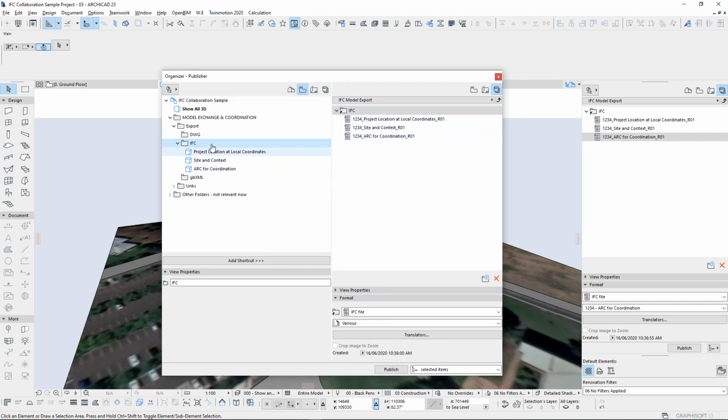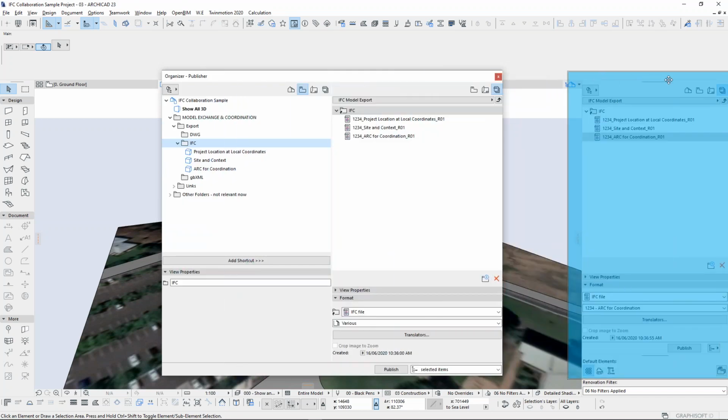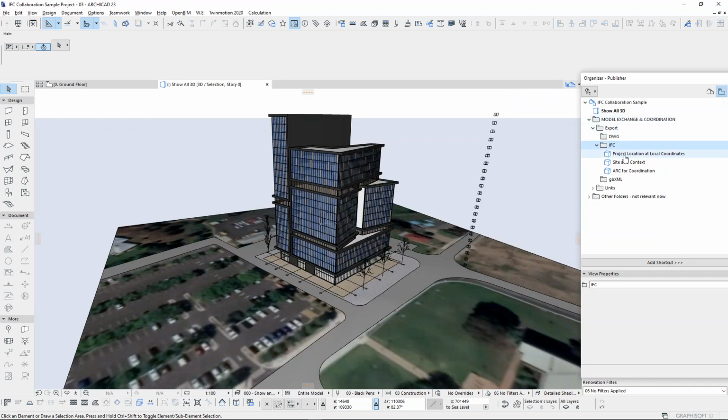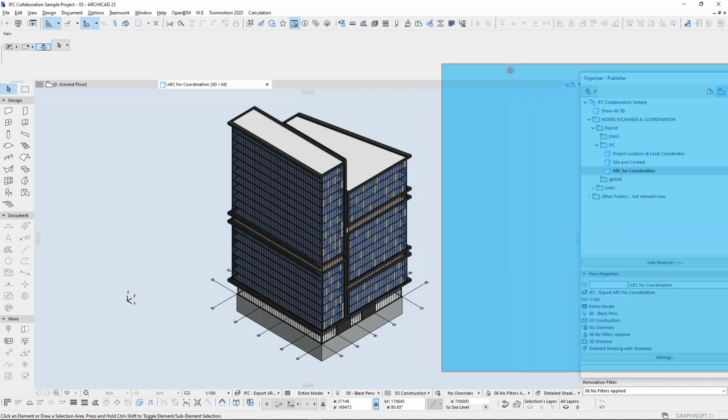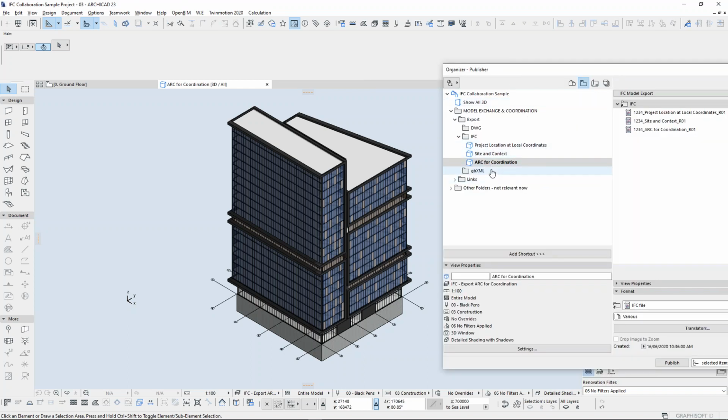But basically, I already have set a number of views, like so, to make sure that only what I can see in those views will be exported. I've chosen in this particular case for this exercise 3D views, but it can just as well be done from a floor plan view. All right, so I've got 3 of them,